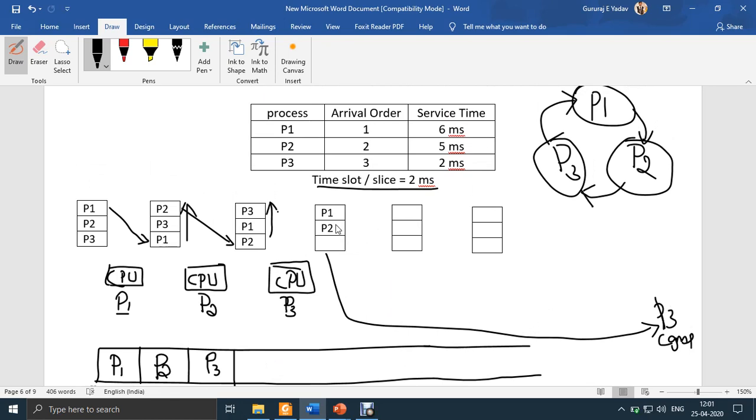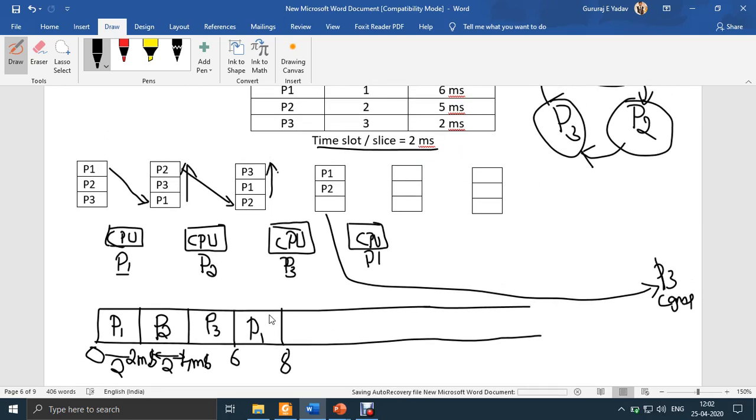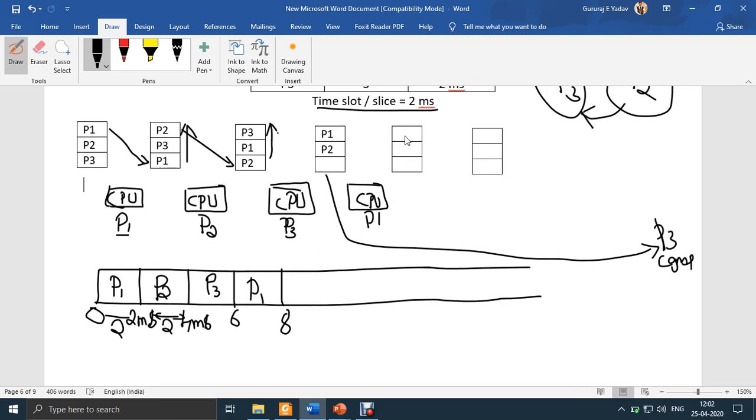Now what will happen? Again, whoever is at the top of the queue will get its chance. In this case, since P1 is present at the top, P1 will get its chance once again at 6 milliseconds, till 8 milliseconds, because you have to give the chance for exactly 2 milliseconds. Now P2 will move up because P1 got its chance. Now whether P1 will come and sit in the ready queue once again